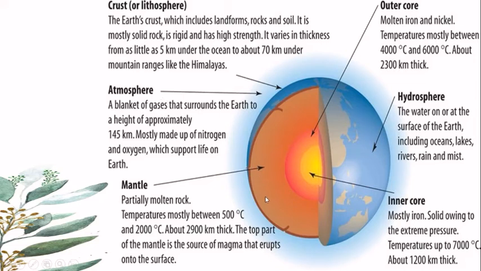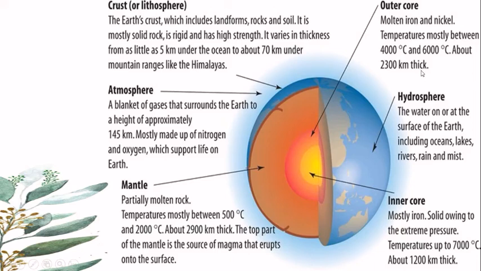Then this orange color represents the mantle zone, partially molten rock, with temperatures mostly between 500 to 2000 degrees centigrade, and about 2900 km thick. The top part of the mantle is the source of magma that erupts onto the surface. And you know from the earlier class, standard 6, that volcanic eruptions occur from the mantle zone. And this pink color shows the outer core, molten iron and nickel. Here the temperature is mostly between 4000 and 6000 degrees centigrade,